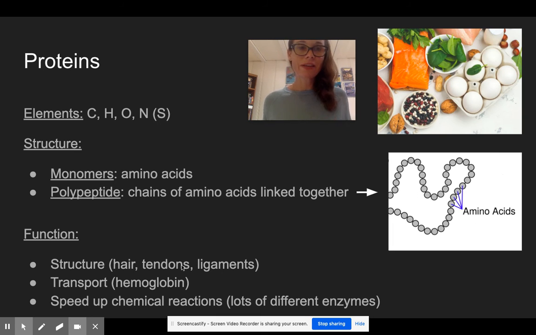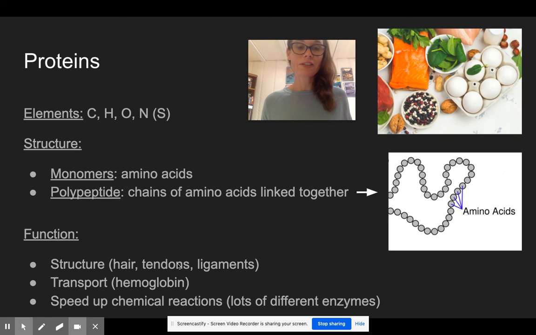So polypeptides are chains of amino acids. Proteins really do everything, or so much of what goes on in our bodies. There's so many different functions. I'm just giving you a couple of examples here. So they provide structure. Our hair is made of proteins. Tendons and ligaments are made of proteins. They provide transport functions. So an example is hemoglobin in your red blood cells. That's a protein that carries oxygen to the rest of your body. And another